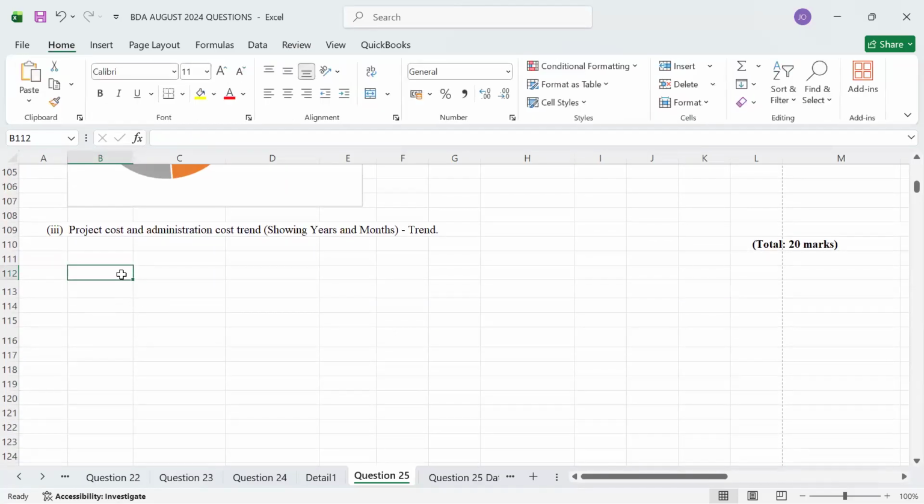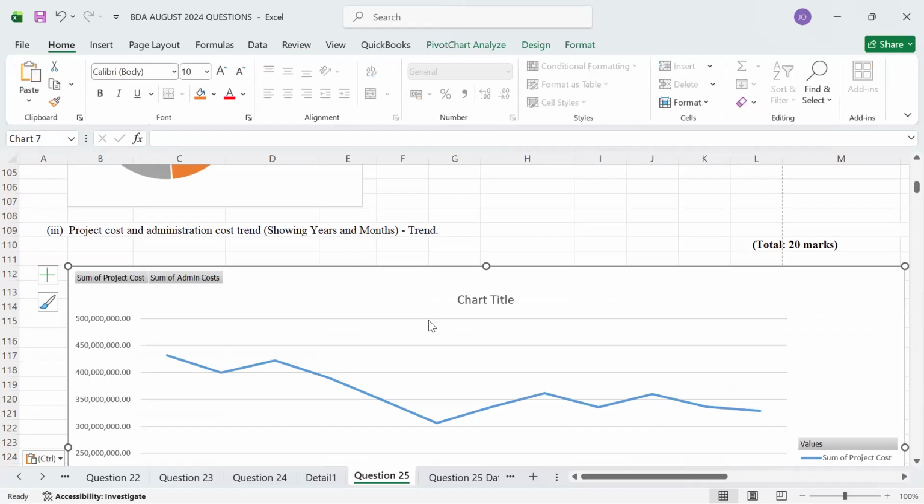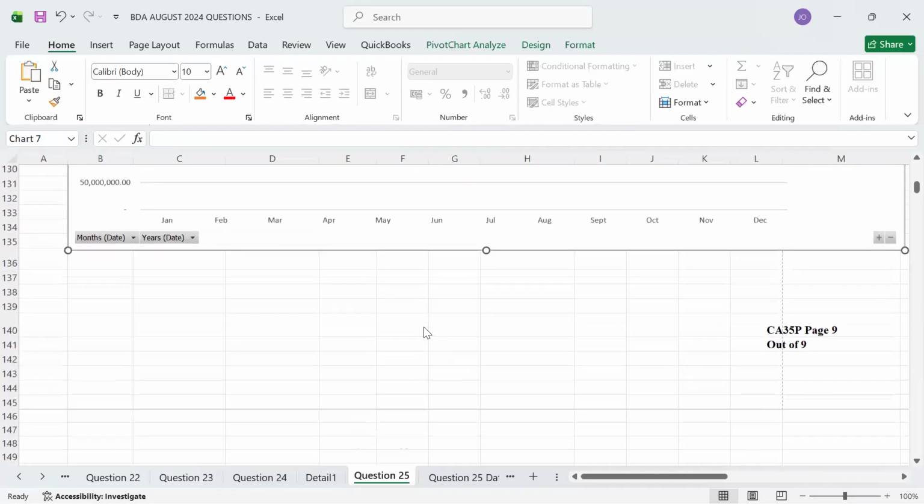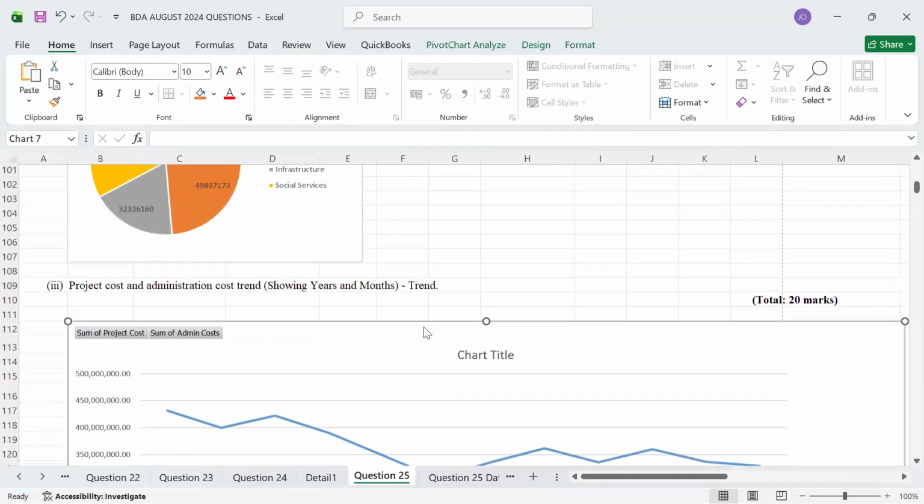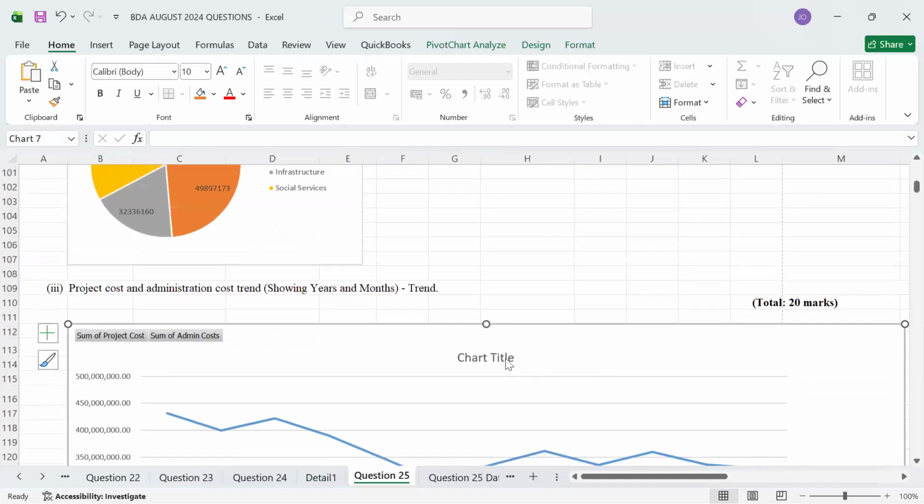So I'll just come and paste the chart here. That is the chart. I'll come and paste it there. Then I give the title. This is representing the project cost